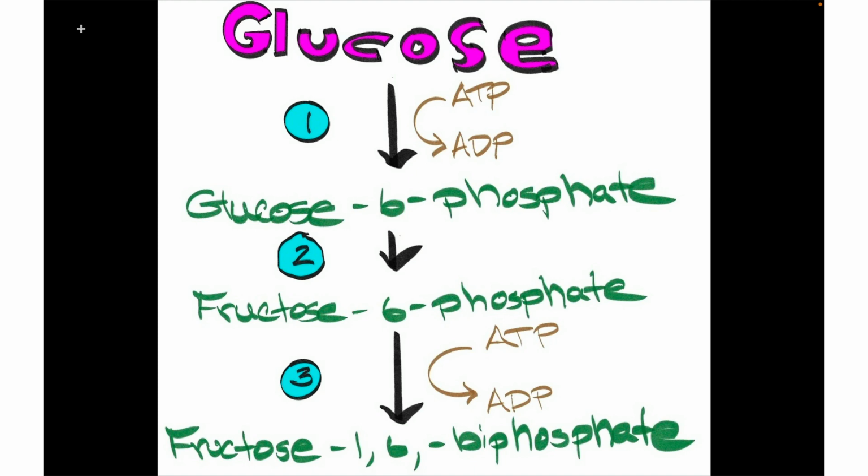1,6-biphosphate. And to be clear, these numbers, the 6 and the 1 and the 6, depending on which molecule we're looking at, is designating which carbon the phosphates are bound to. I'm not overly concerned with that, but that's the derivation of these numbers. So step 3 converts fructose 6-phosphate into fructose 1,6-biphosphate via the hydrolysis of ATP, liberating one phosphate, adding it to